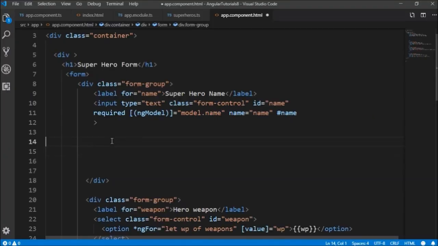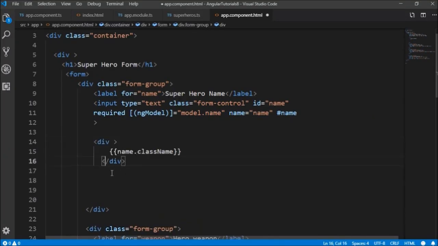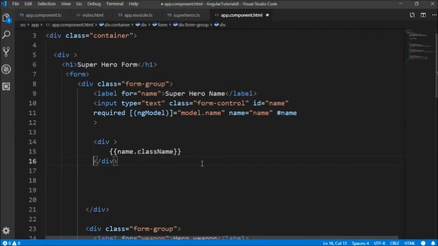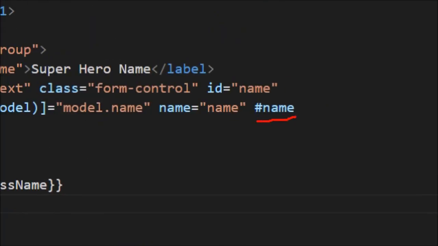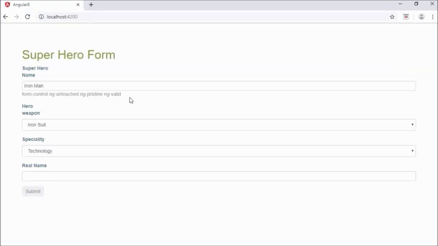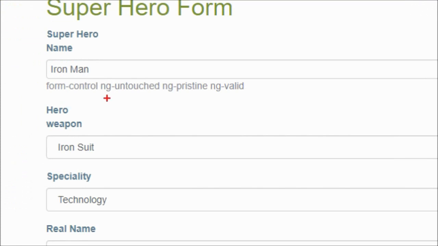So below this I am just going to write the template reference name, name.className. So this name is nothing but this. So I'll see when I type something in this input text box how Angular gives class names to this input text box at runtime. So you can see here right now the data is filled here as Iron Man and the class is ng-untouched, ng-pristine and ng-valid